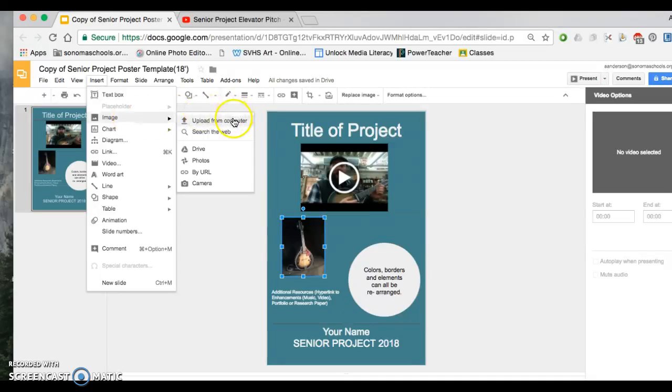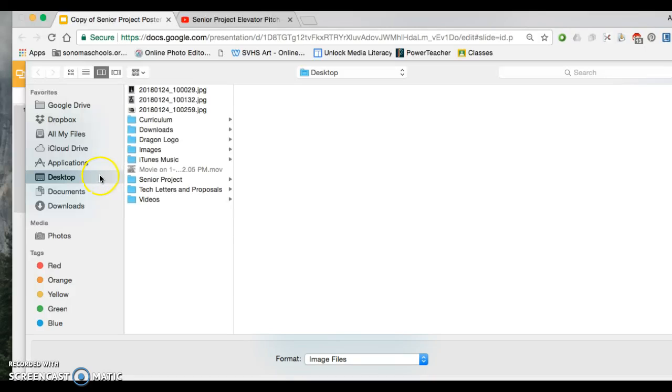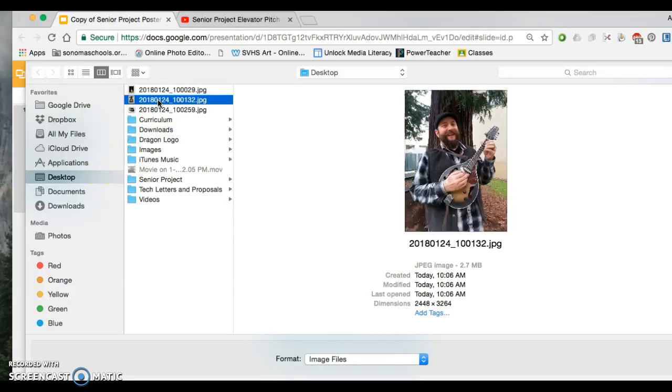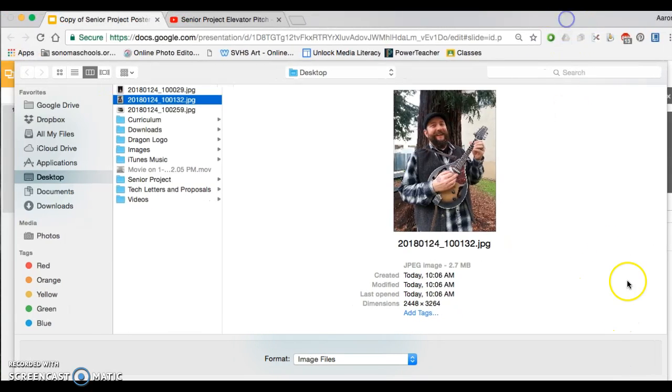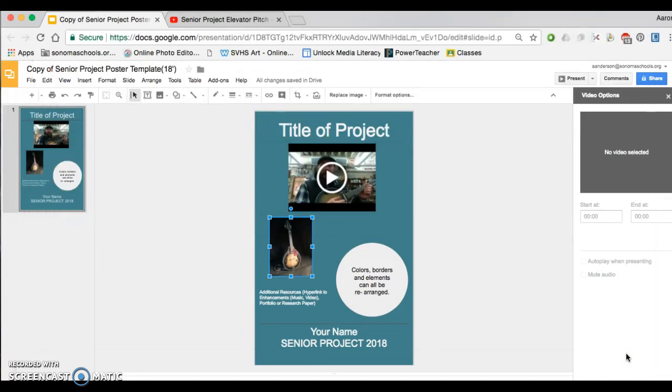I'll go image, except I'll go upload from my computer, and then I can go from my desktop and I can try to find another picture that I have there, and then I'll go ahead and, you can't really see it here, but let me shrink it in there. You can see it's open, and then it will create that image, and it will go ahead and insert it into there. So I'll go ahead and resize that as well,